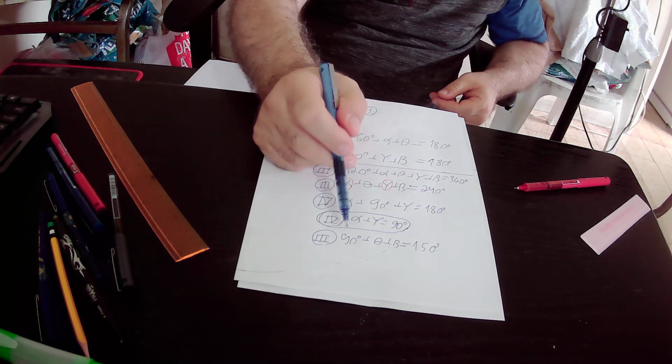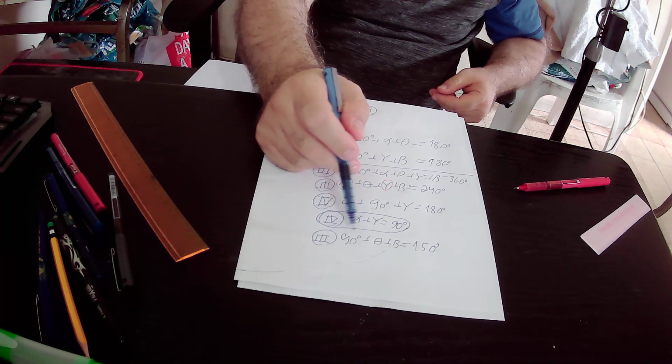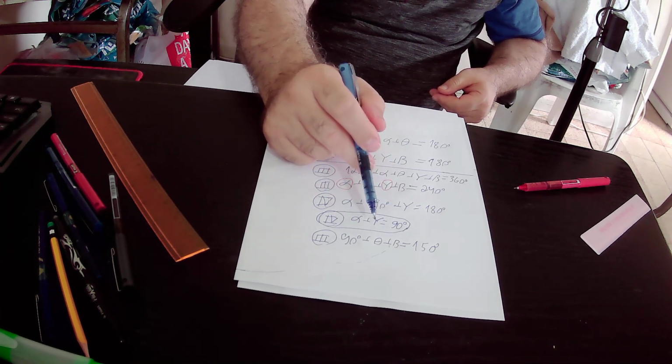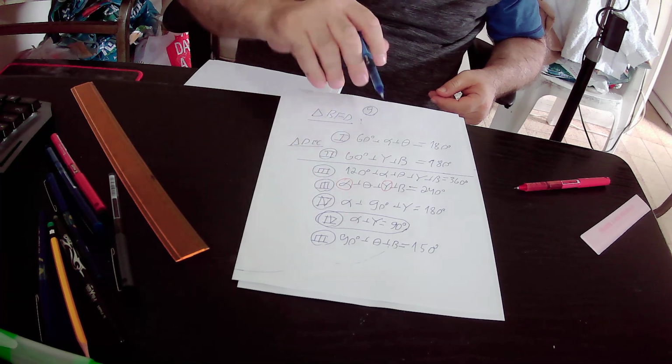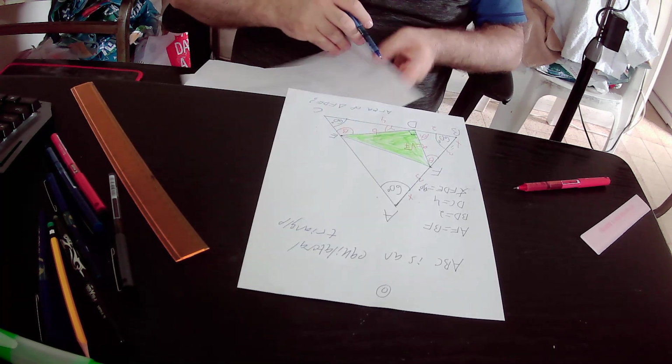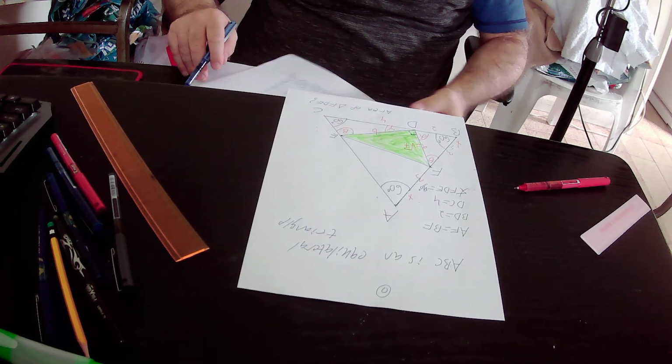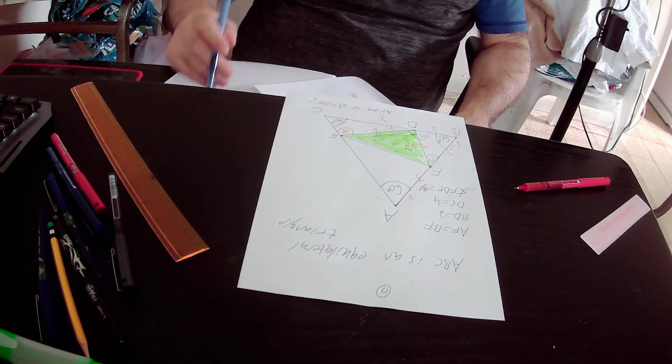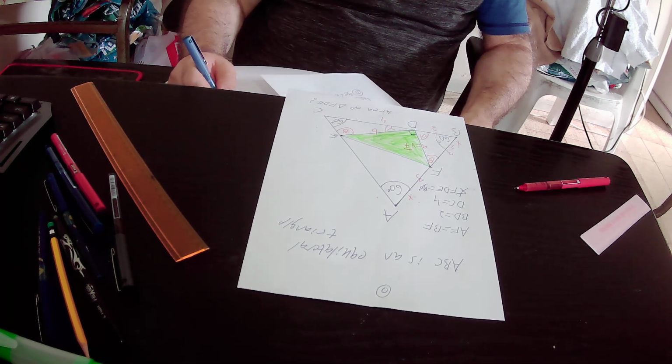In the next step, we will subtract 90 degrees, and we will get that theta plus beta